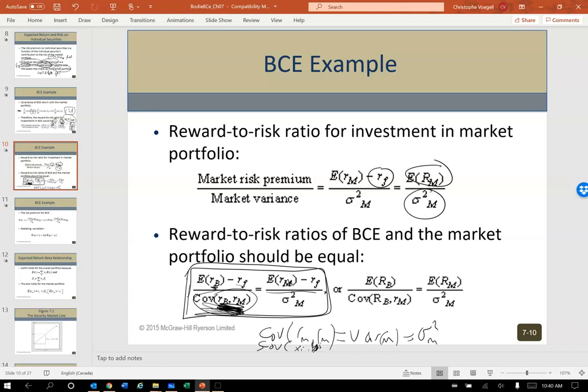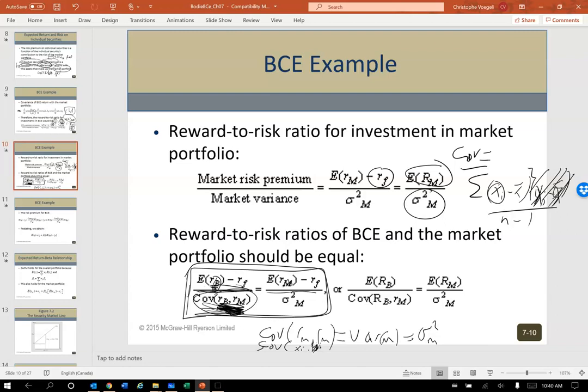Because remember, with covariance, it looks kind of like this. I sum x_i minus x bar times y_i minus y bar divided by n minus 1, for example. So if this was x_i and I make this x_i minus x bar, it's the same thing as doing all of this squared. Again, if you go back to chapter 4, we talk about that a little bit. So I digress. Investment B's excess return relative to its covariance with respect to the market.